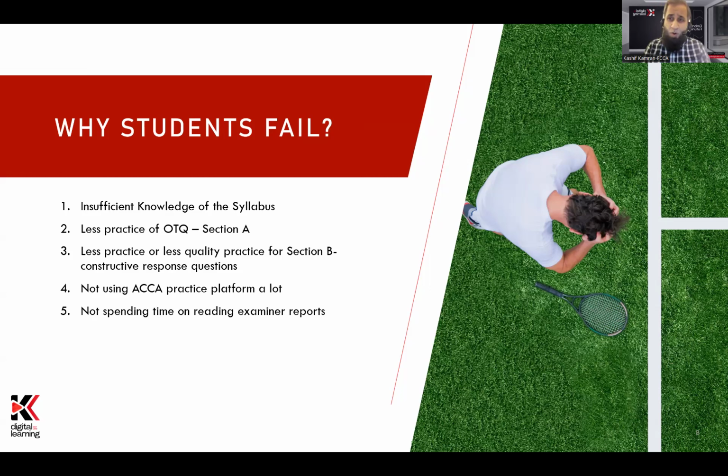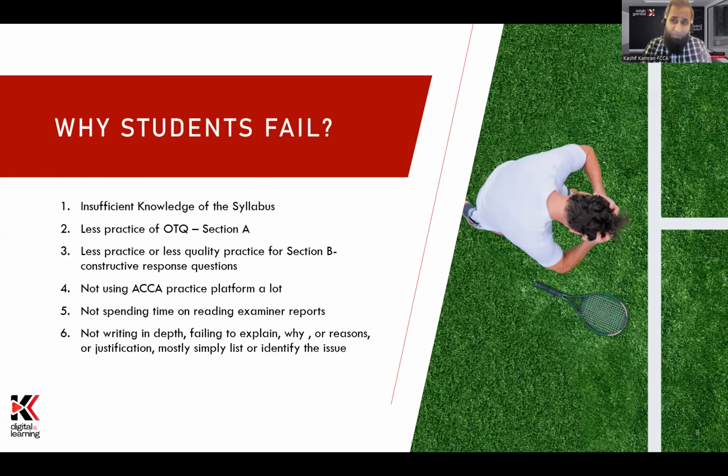Not spending time on reading the examiner report, I will be very critical of that. You will see me talking a lot about that in my course, because to me the examiner report is a very important document, and unfortunately it is a document that students don't spend much time on. You get a lot of examiner criticism and insights about why students fail, why they struggle, what is frustrating, what the marking team does not like in the student answer, but the students are not reading those reasons and they're making the same mistakes and failing the AAA paper.